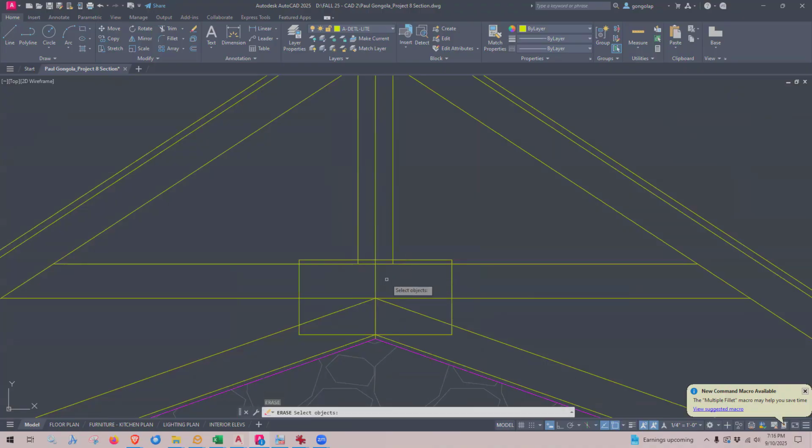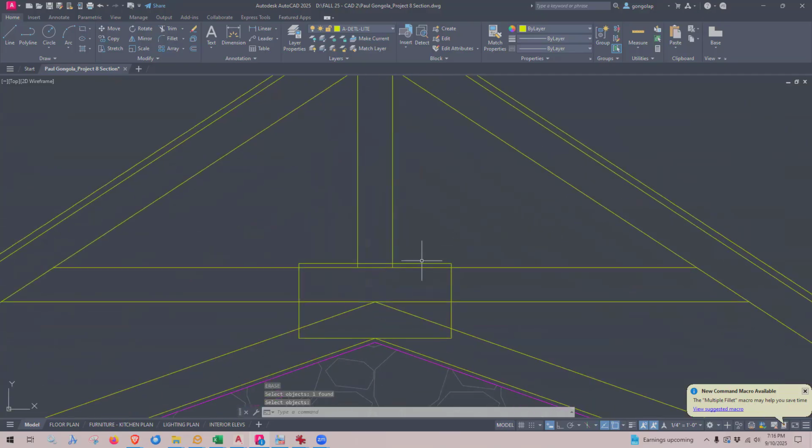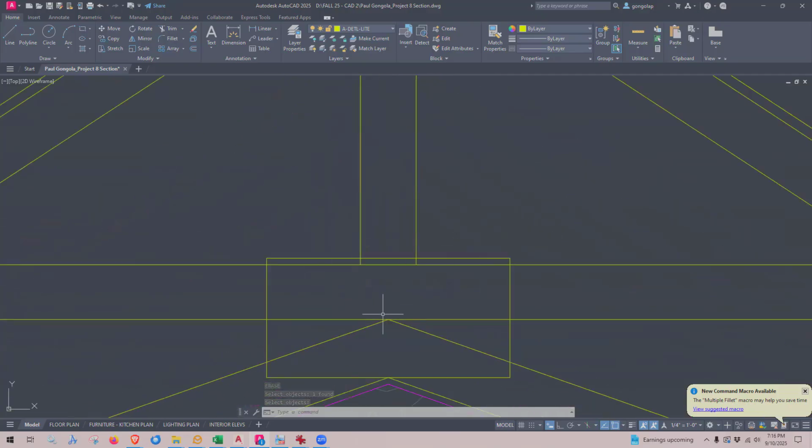Let me get rid of that center line because it's confusing me. And it looks like these pieces here are behind our truss. So I'm gonna redraw these actually. So I'm just gonna trim out